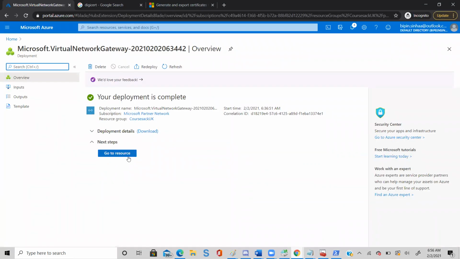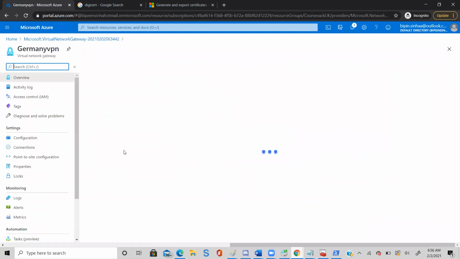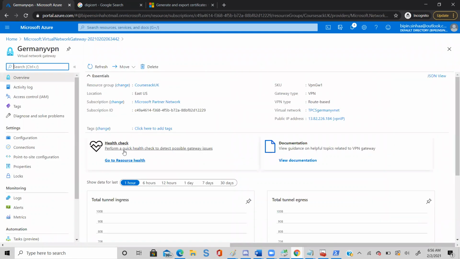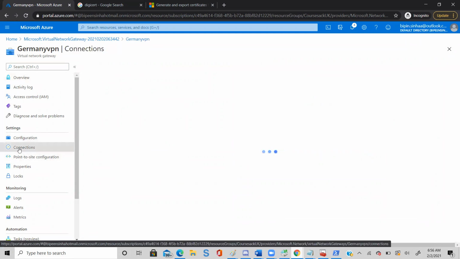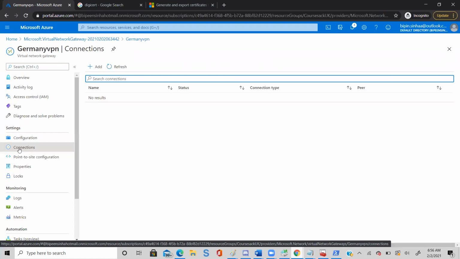Okay, it's done now. Can you go to the resource now? Good. Now you see that there is something called connection on the left hand side. Yeah, hit that one. Click add.